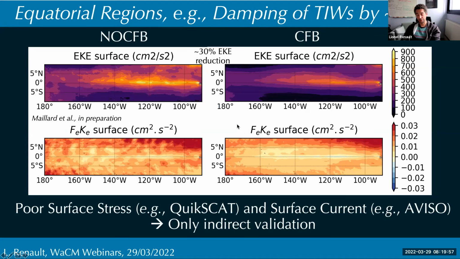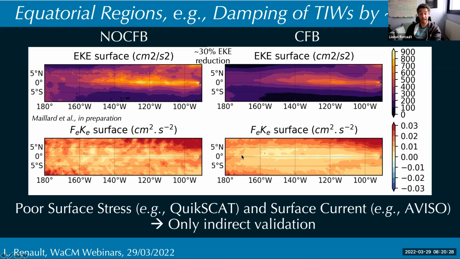I just wanted to focus on that region too. So it's for the tropical instability waves. Actually, we don't have any satellite observations, any good satellite observations there. We do have some in situ observations, but when we compare a simulation without current feedback and with current feedback, we can see that there is a large reduction of the mesoscale activity. So it's consistent with the previous study of Small in 2009, I think. And there is a reduction of the wind work, here of the total wind work.